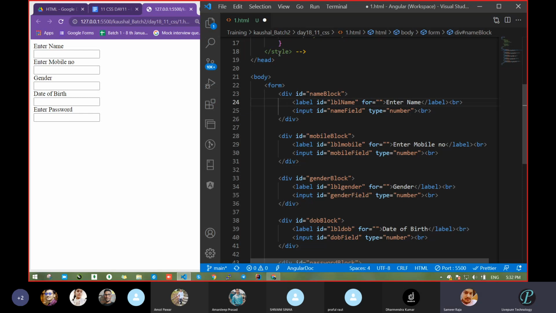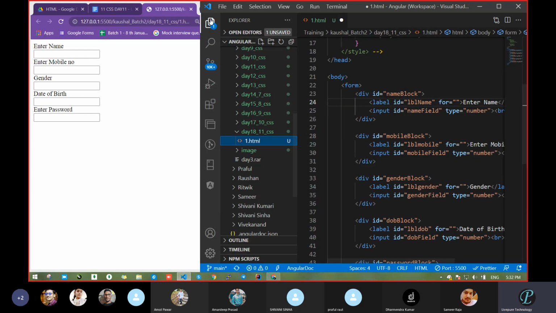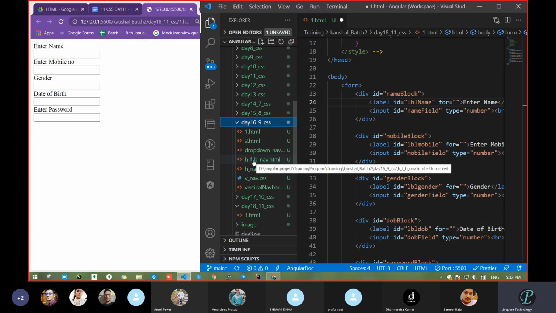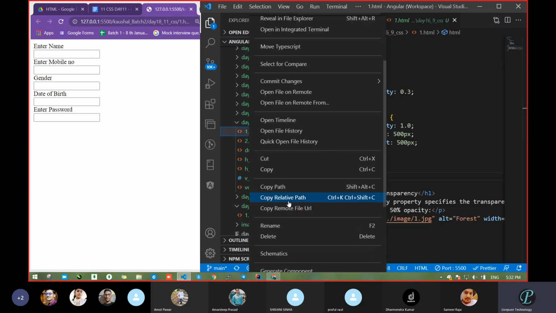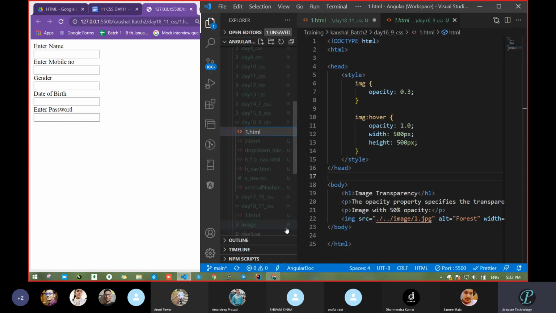I told you that practice doesn't mean you just have to practice. Regarding folder structure, as I had told, you have to create a day-wise folder, and inside it create files like 1, 2, 3, 4, whatever you want. Suppose you practiced a table, then an image: you can write 1 underscore table dot html.